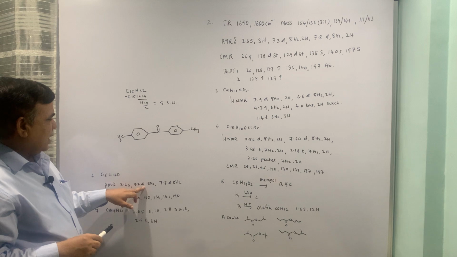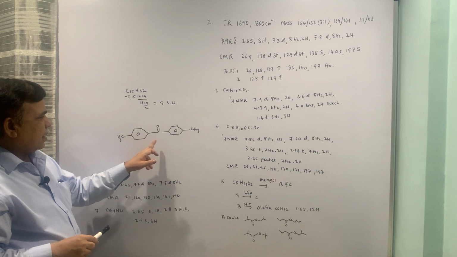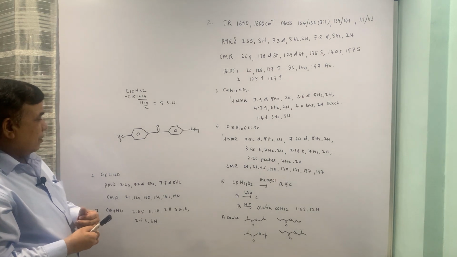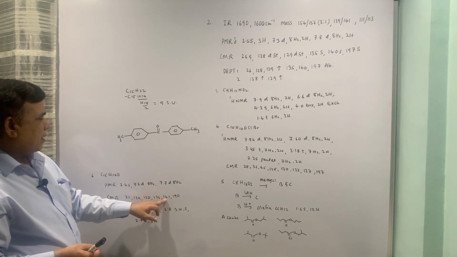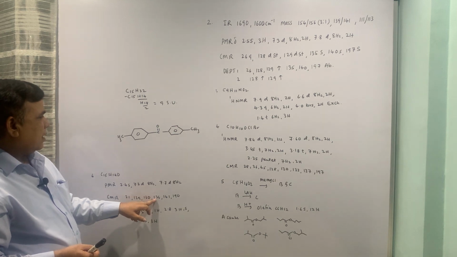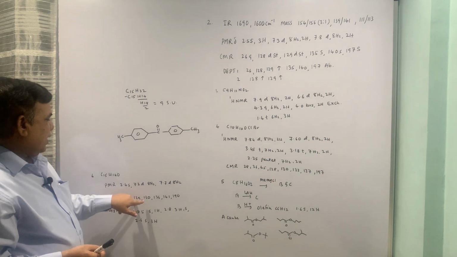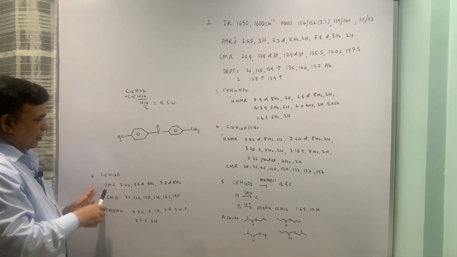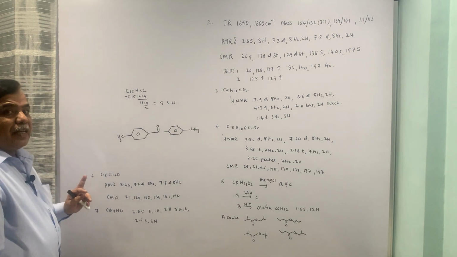7.2 doublet is this proton, 7.7 is this, which is ortho to carbonyl. That is how it is there. 190 stands for keto carbonyl. 141 is this carbon or this carbon, they are equivalent. 136 this carbon, and 129, 130. It is difficult because they are almost same. So that is the structure of the molecule, wherein we are explaining 9 sites of unsaturation